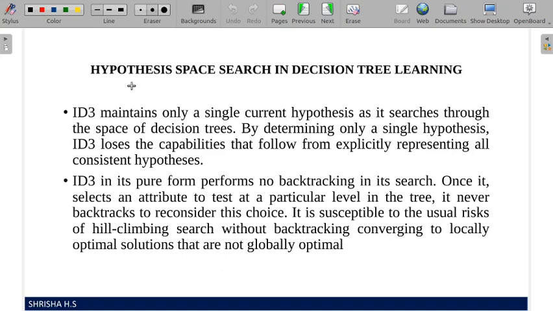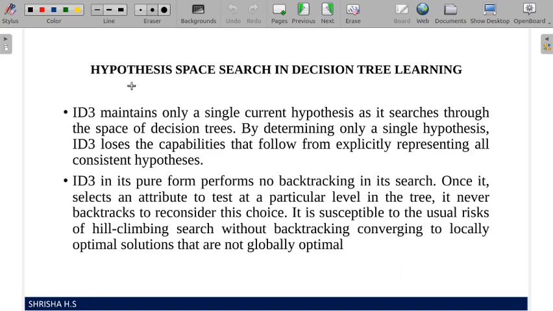Locally optimal solution means, for example, you are tasked with picking 10 mangoes. You are in a hurry, so what will you do? The first time you find a good one, you select that one. But if you are free and relaxed, you check all 10 of the mangoes and select the best one. That's the optimal solution.